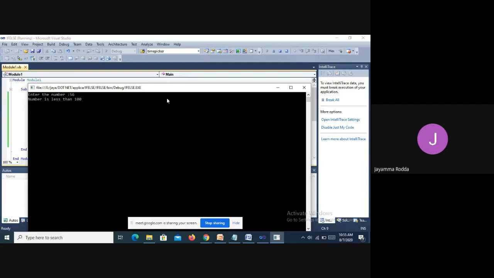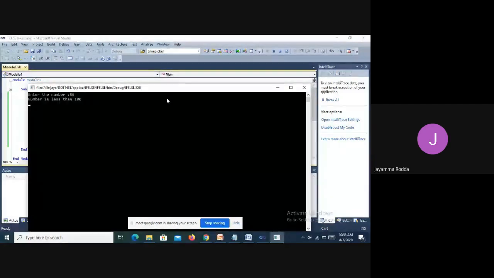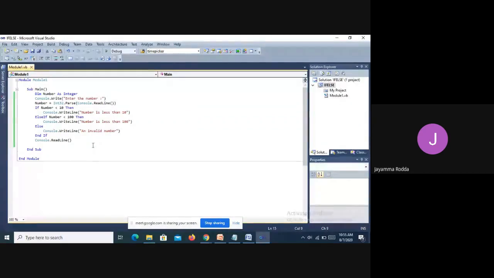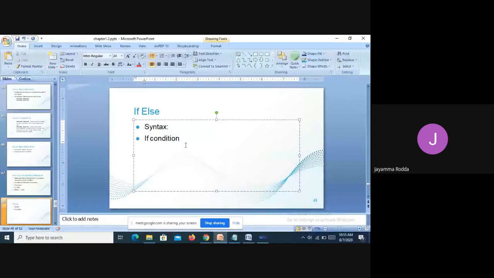It will be available until the next new line is detected. So this is a simple program for the if else statement. Let us save this.